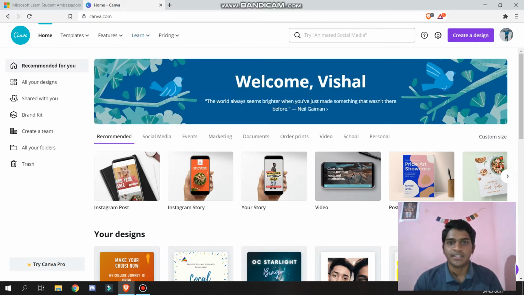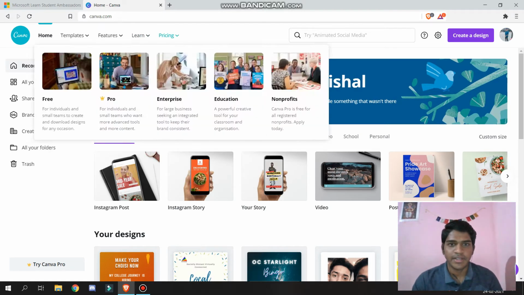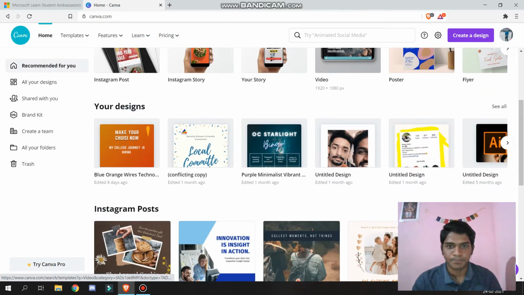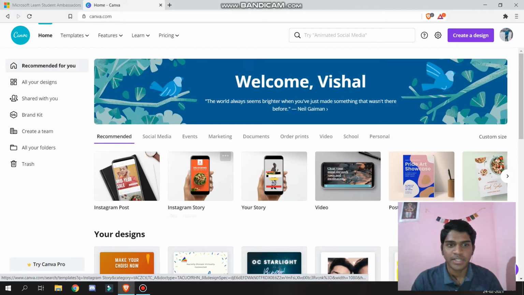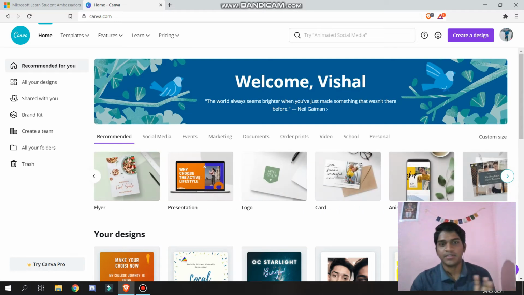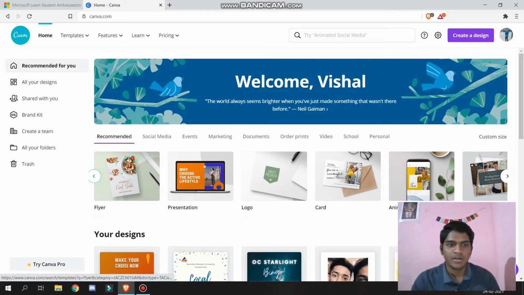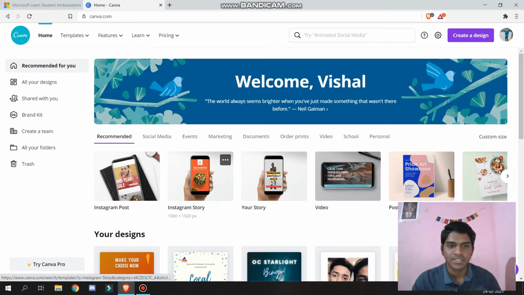This is the basic interface of the website, and it's very easy, I guess. Here you can easily get the template size, depending on what you're making. Is it a logo, a presentation, a card, or even a social media story size like Instagram story or Instagram post.